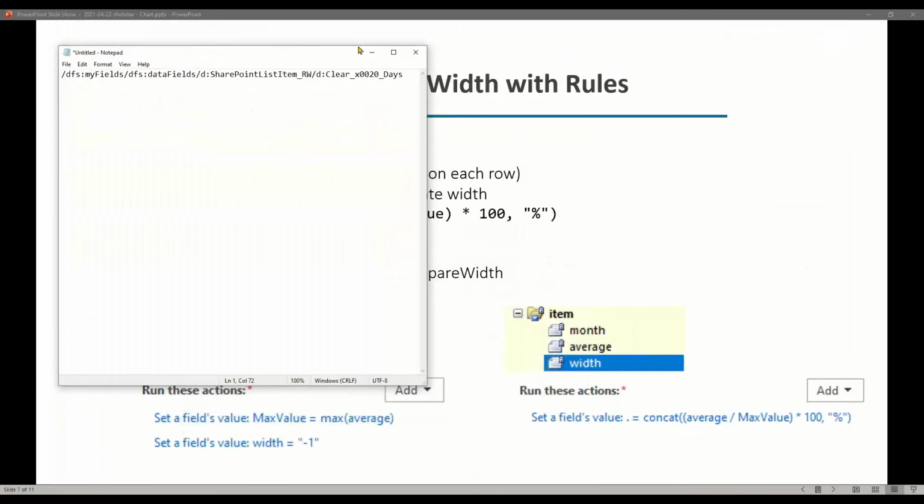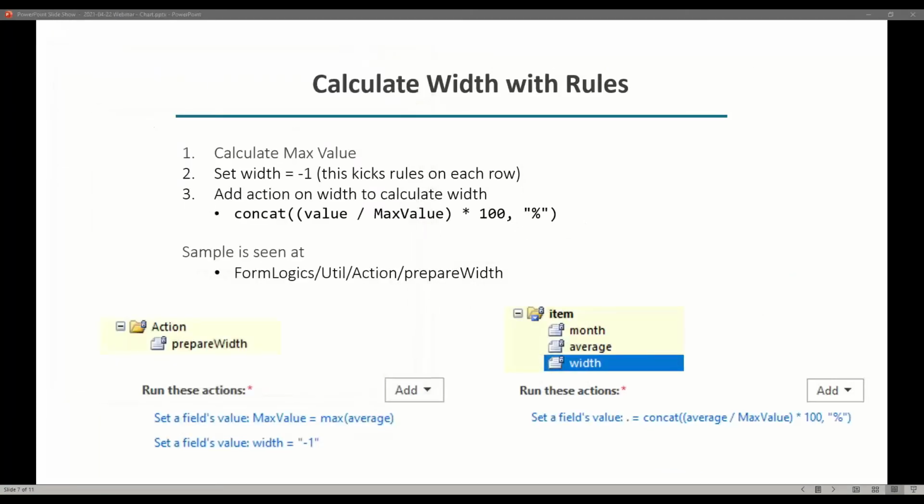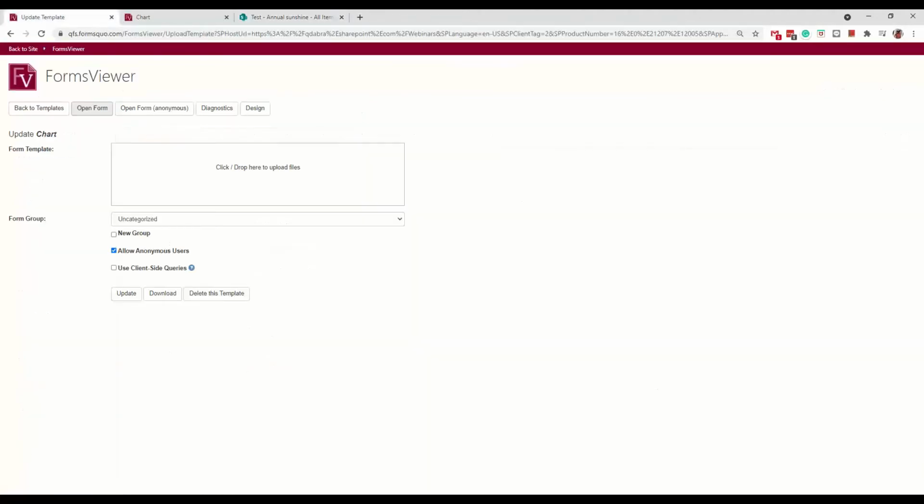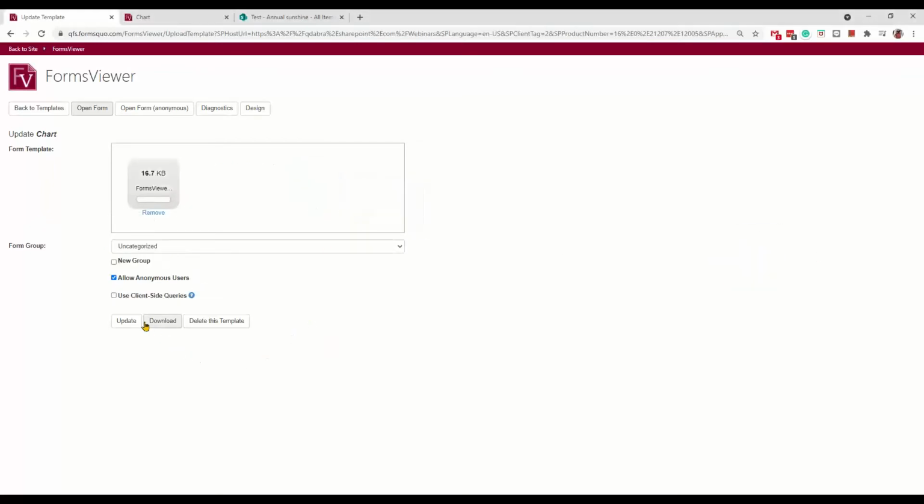Also noticed that one of our customers just joined, who inspired us to do these charts through another project. I want to welcome Peter. I know you just joined, Peter. We've started, and Qdabra's been demoing how to add these charts to your forms, and she's just going to show it from